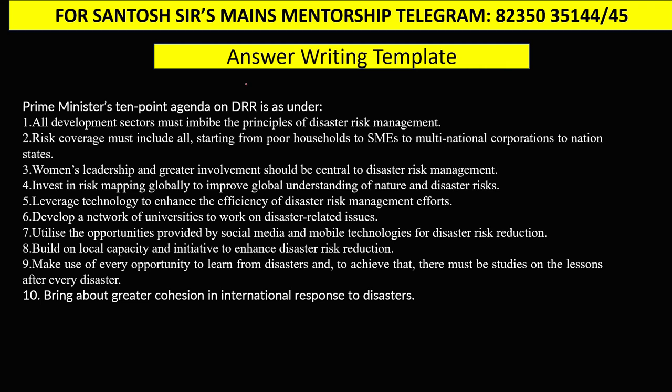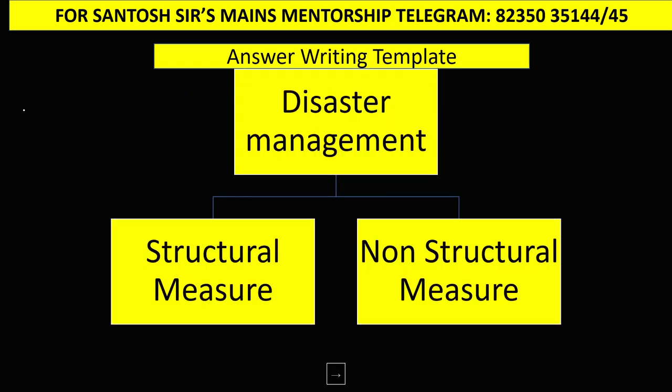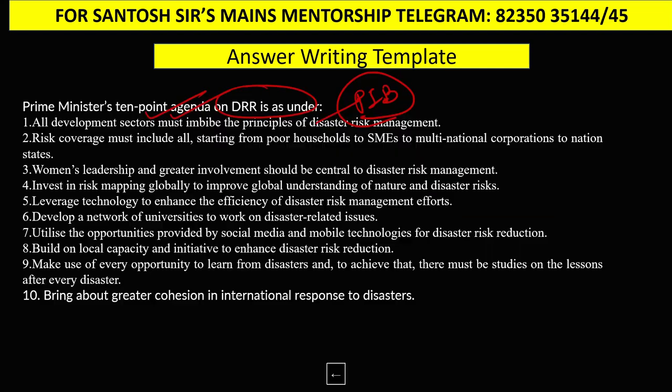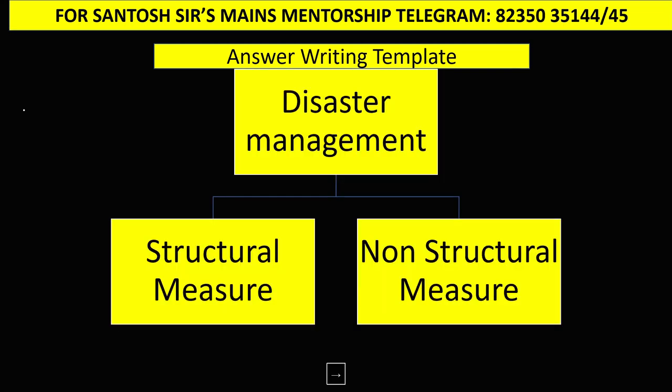Further, guys, the Government of India and the Prime Minister have given a 10-point agenda for disaster risk reduction. You can take note of these 10 points which are given in the PIB. Also, you can refer to it. You can use the PM 10-point agenda in any question which comes on disaster risk reduction. No need to remember all that. Just use this in any answer, you'll get marks. Guys, in the UPSC mains examination, you have to create that impression. You don't have to write everything. There is no space. Just a 10 marker question, you can't write more than 120 to 150 words. So you don't have to write everything. You have to just show the examiner that you know all these things.